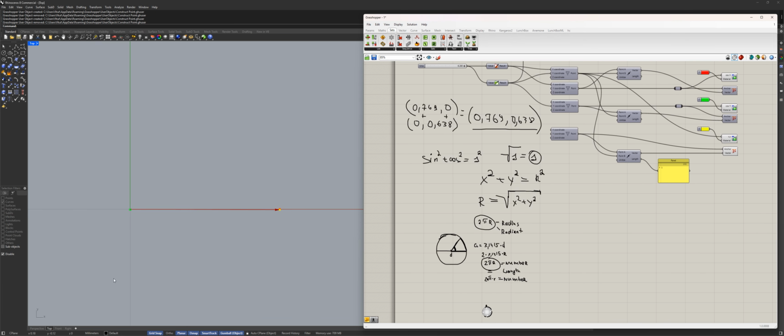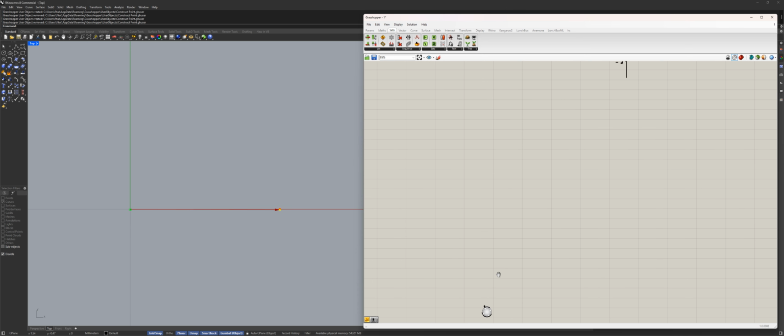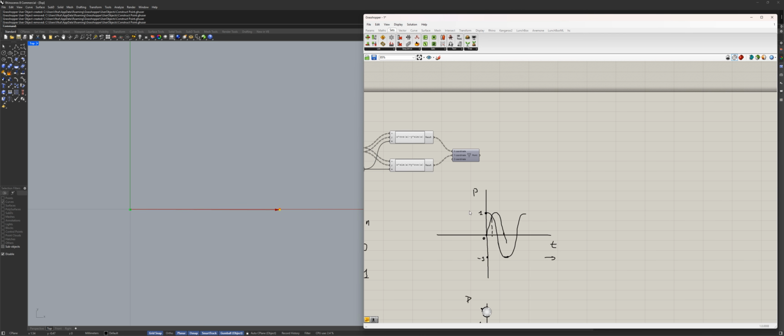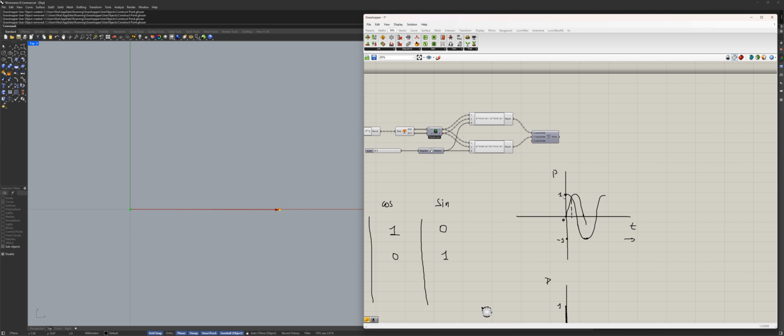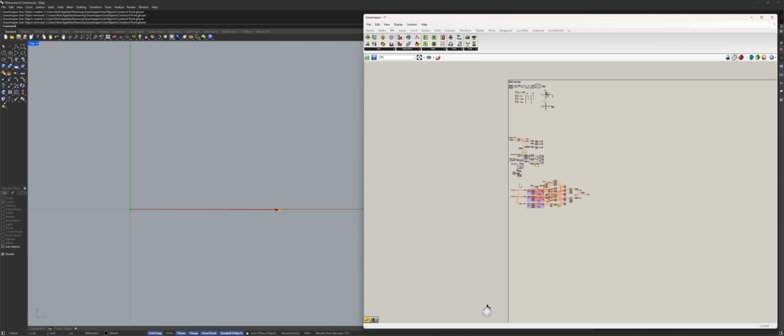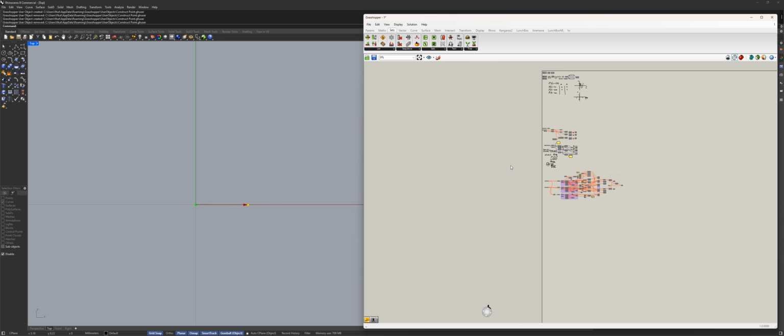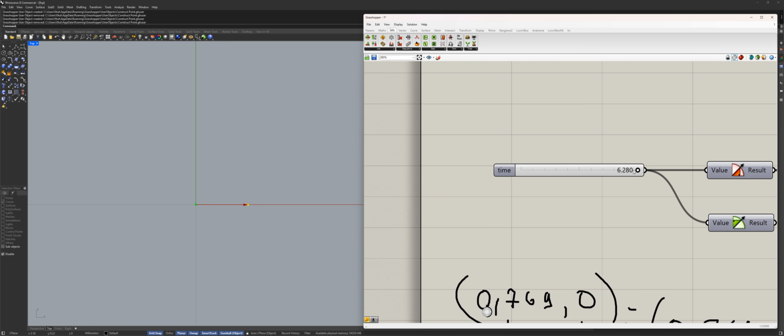6.28 will give me the full circle, or the full motion of our value between the values. So 1, 0, minus 1, 0, 1, full motion, for the cosine and for the sine. And it does this when we get through the time of 6.28, right? Like this will be full, and then it repeats itself again and again. So this 6.28 is actually a full period, and the slider itself we can call